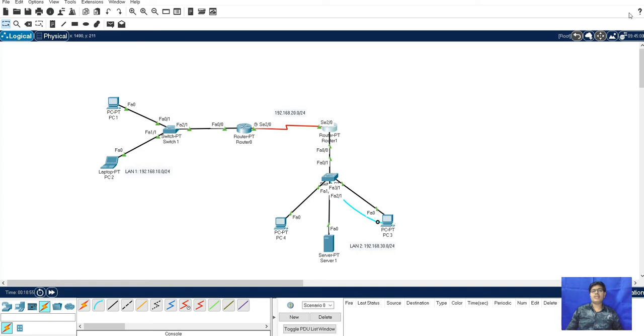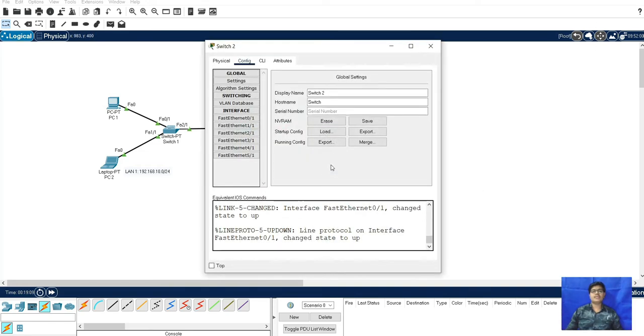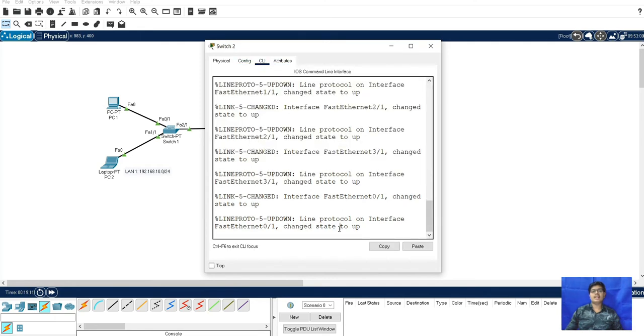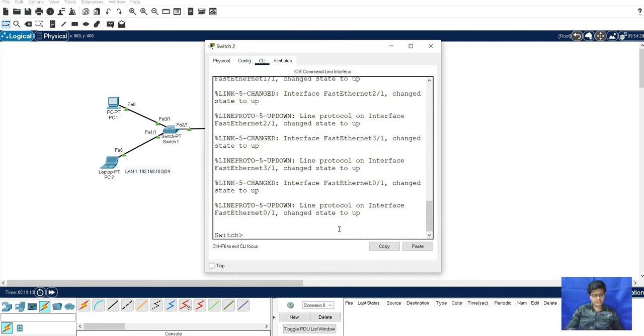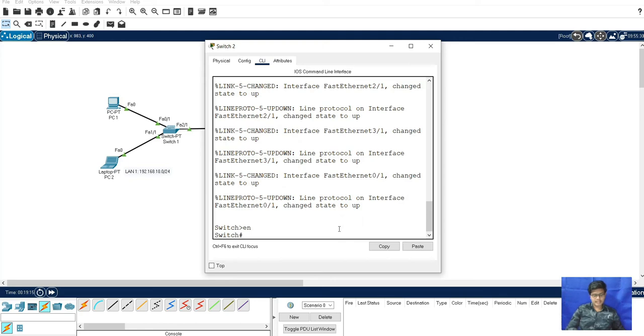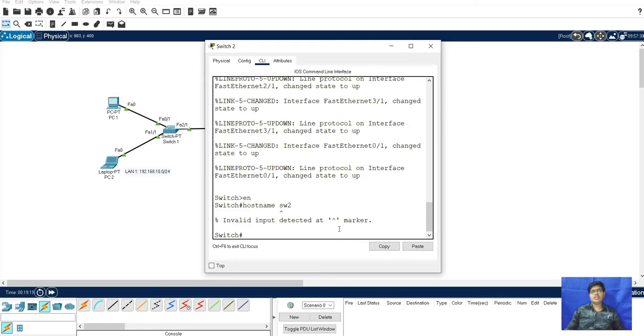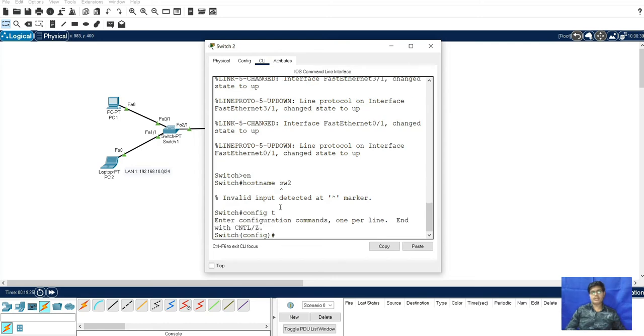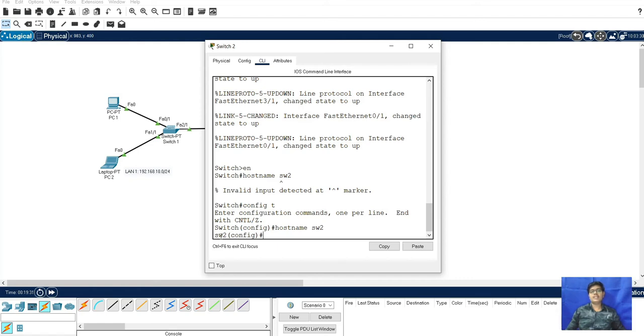After this, we will configure the telnet IP. For this, we will go in your switch. Next, we will go in CLI. Here for this, we will enable. Next, config terminal. Next, we will type hostname, that is switch2. So here you can see the switch2 name is coming here.